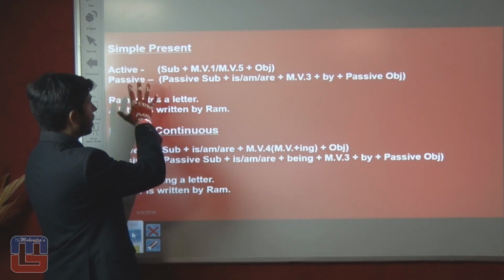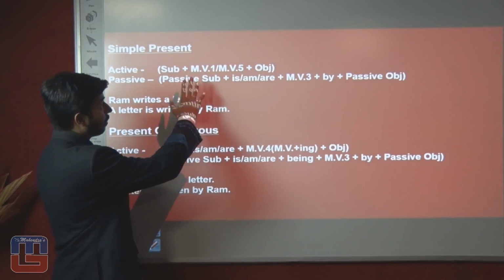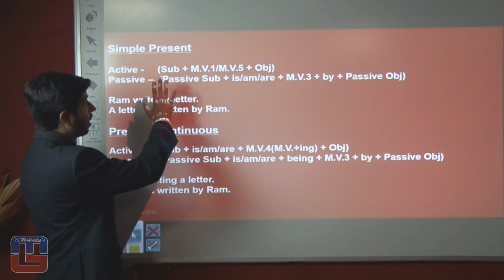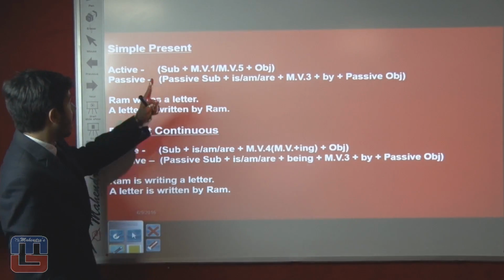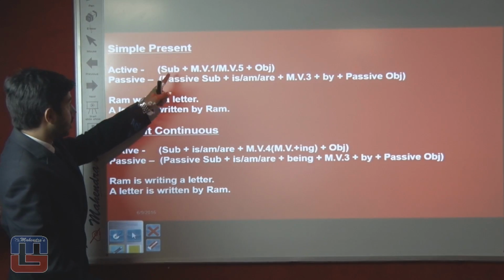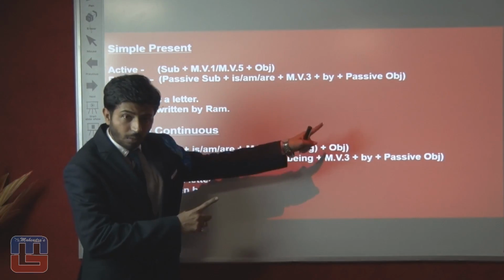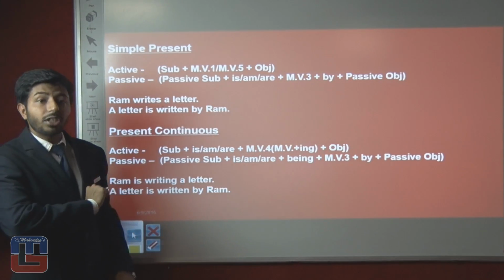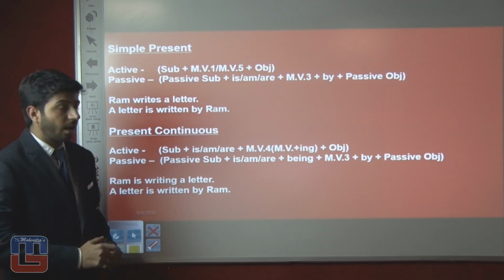The simple present. The structure says subject, main verb first form, plus object, and this is the structure of the passive voice, passive subject. The object of the active voice becomes the passive subject, and the subject of the active voice becomes the passive object, and so on. On the basis of the structure of active voice and passive voice, we are discussing